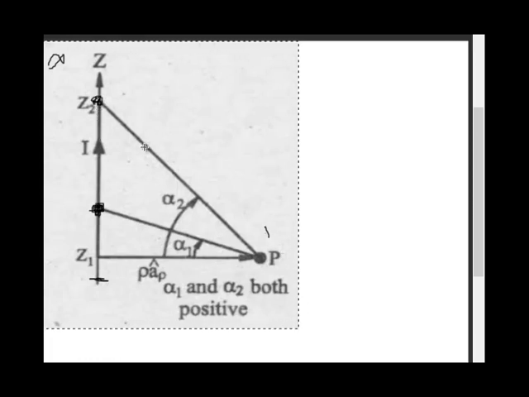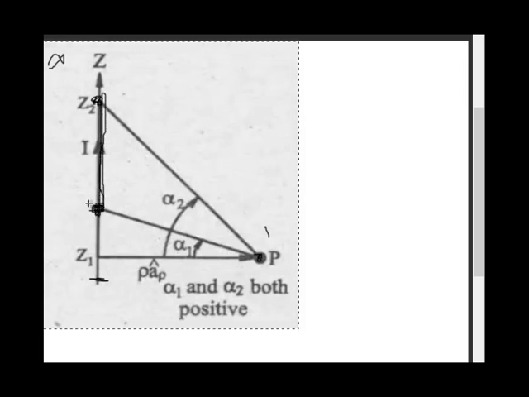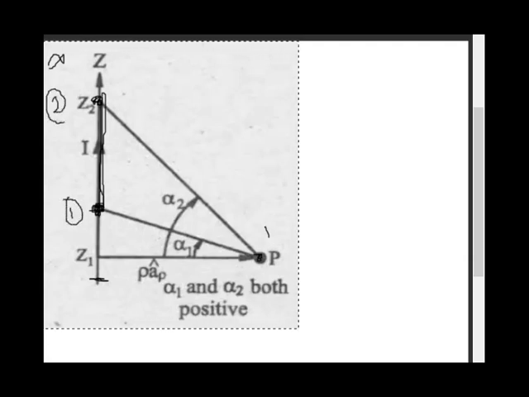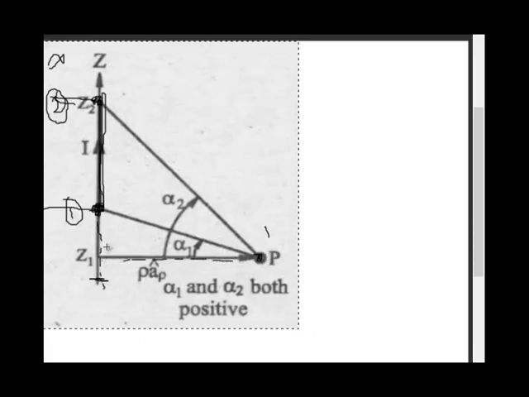Then we have to draw first a projection from point P on the line parallel to this current filament. This is the current filament from Z. This is the current filament from I mark it as 1. This is the starting point, it is 2, the end point. Current is only flowing from this starting to end point. It may happen that current is coming from this side and going to this side. So this is the current filament from point 1 to point 2. Current flowing from point 1 to point 2. Then first we have to draw a projection in downward direction. Then from point P we have to draw a perpendicular line on this at angle 90 degrees.